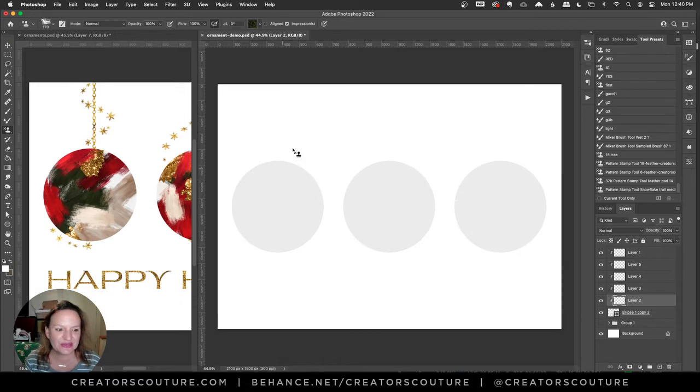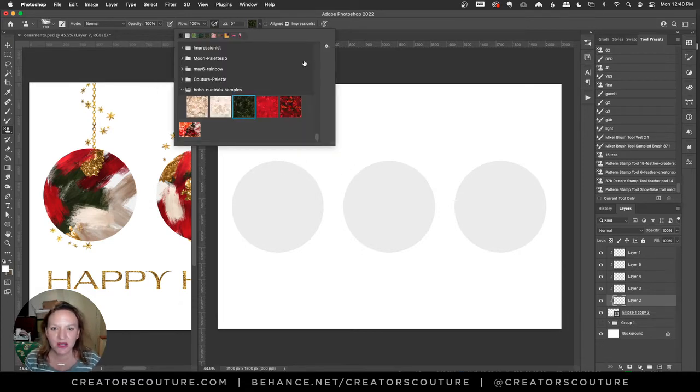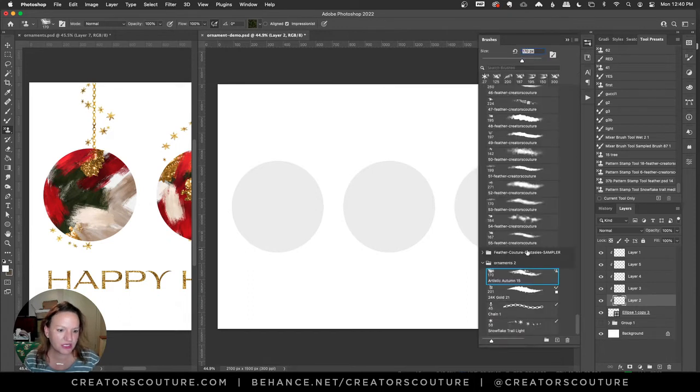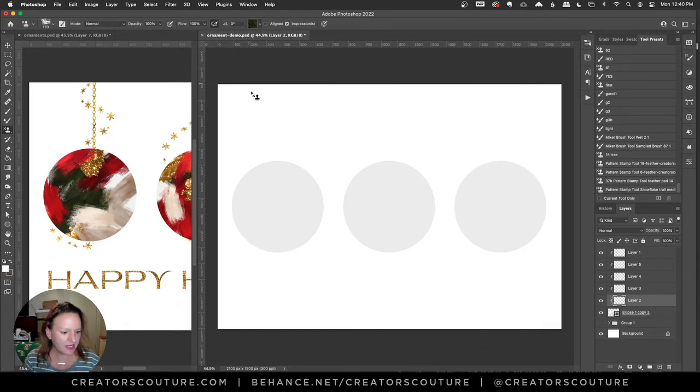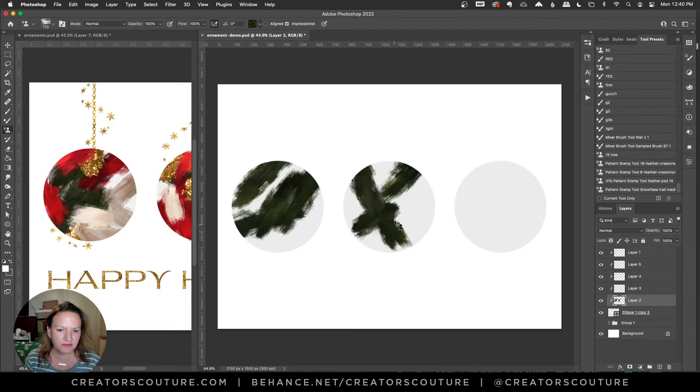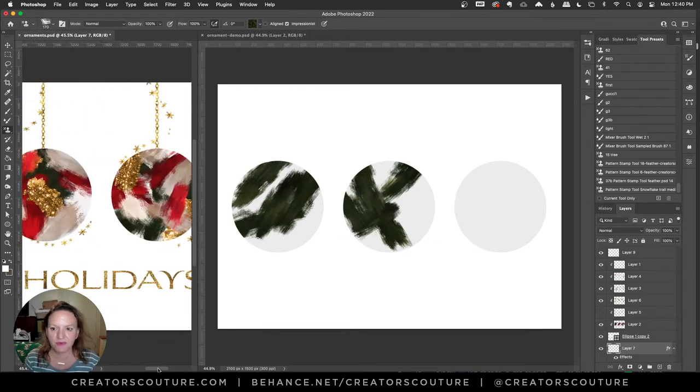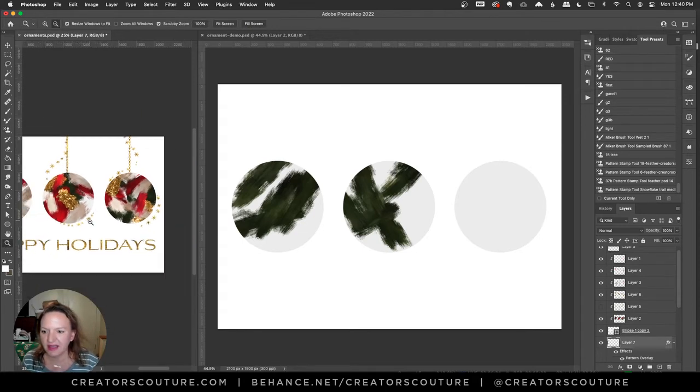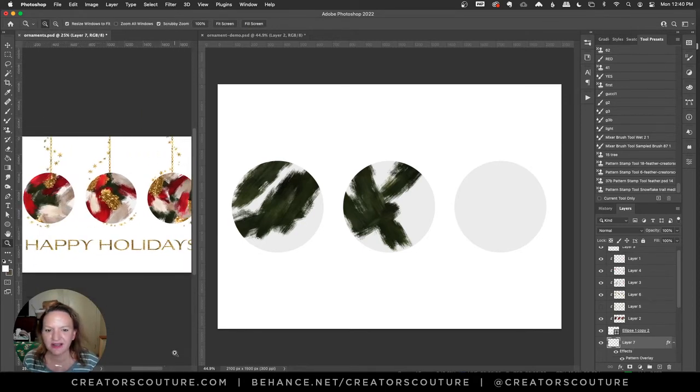Okay, back to the tutorial here. So I grabbed my green color palette and I'm using Artistic Autumn brush number 15. I kind of just went through here and made some brush strokes like this, and don't worry about it being perfect, but everyone is going to be different. Knowing me, it's not going to be as cute as